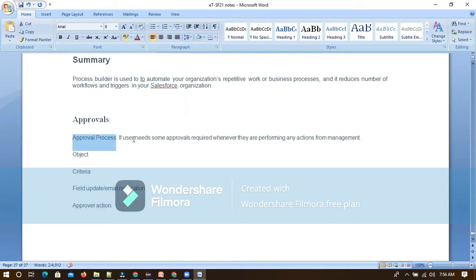One user who will be requesting. So we need to have a requester, which can be a single user. And we need one more user or group of users, that is the approver. So to check this, we need at least two users: one is a requester, one is an approver, right? The approver can be a user or group of users.